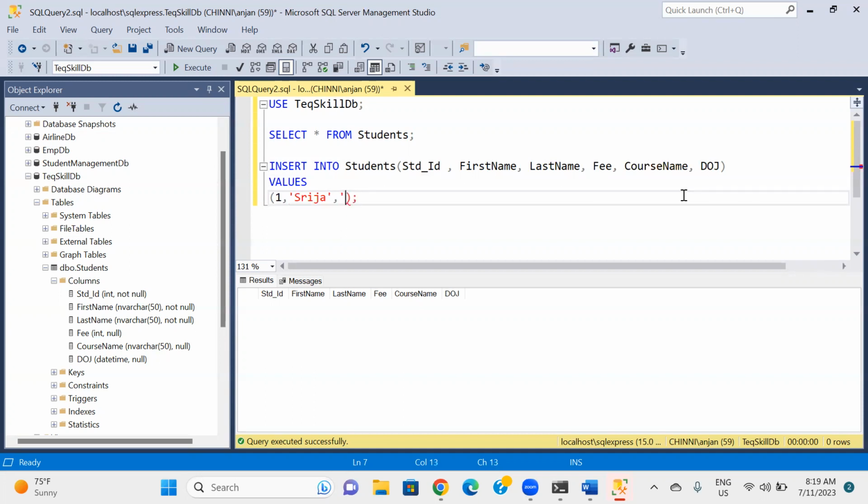And last name, for example, M. And fee, for example, it could be an integer, right? It's 5,000. And the course is, for example, data science. And for example, date of joining, it could be something like